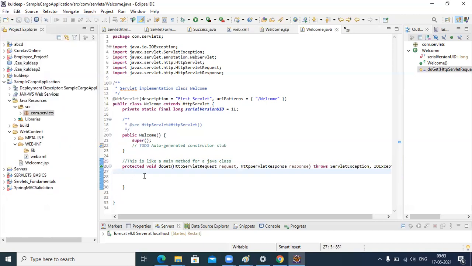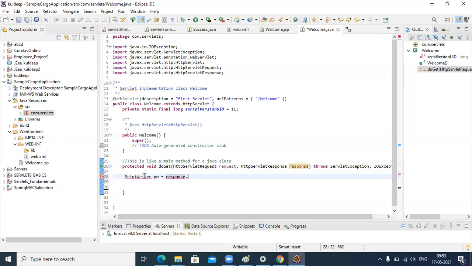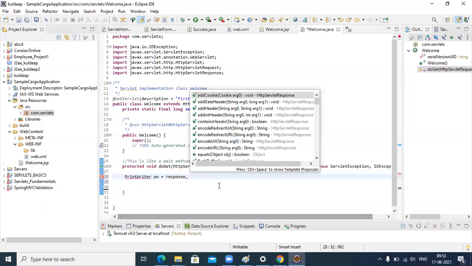First we have to tell the servlet engine that it has to display to the browser. For that you have to use a PrintWriter object. You have to instantiate the PrintWriter object from the response object, the ServletResponse.